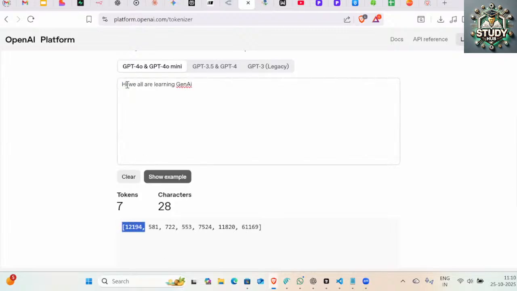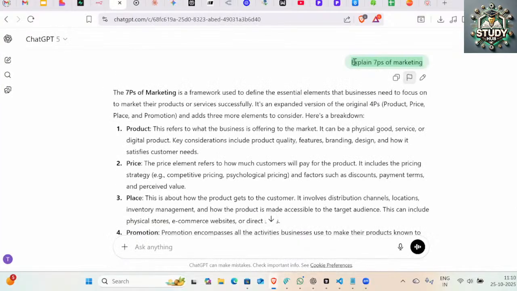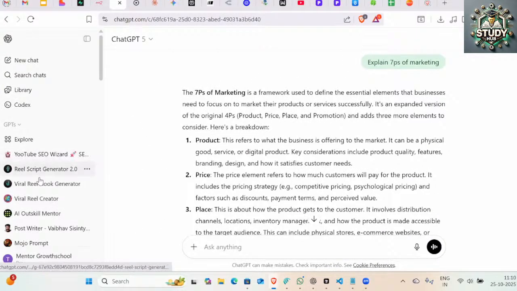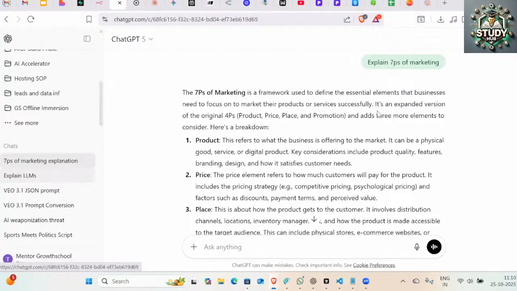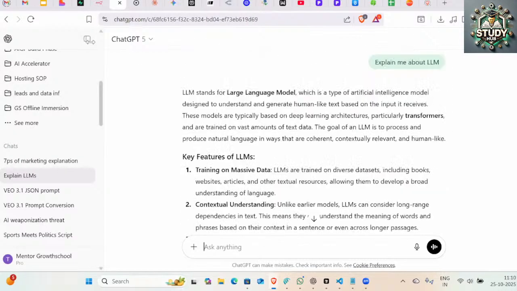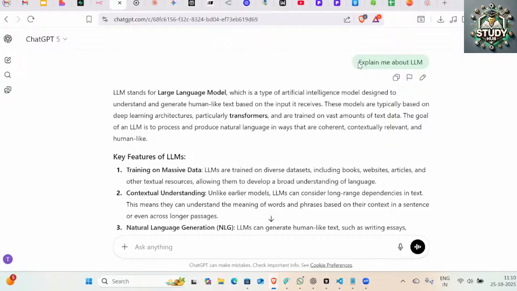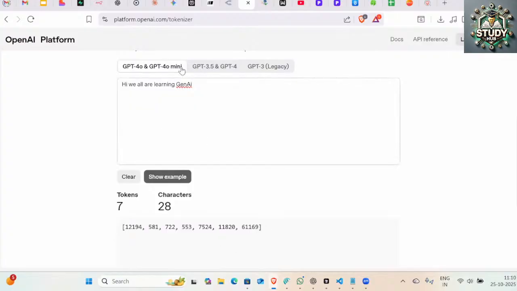Whenever you ask something, the model will go and bring the relevant token IDs at the backend, right? This is my step one. I'm not talking about how the meaning comes into the picture and so on. Simply, whenever you ask something, the job of tokenization is to bring the token ID for explain, bring the token ID for me, bring the token ID for about, and bring the token ID for LLM. So all of that is the first step, tokenization. Why? Because the model understands numbers, right? The language of computers is numbers. We have a finite set of words in the English language.